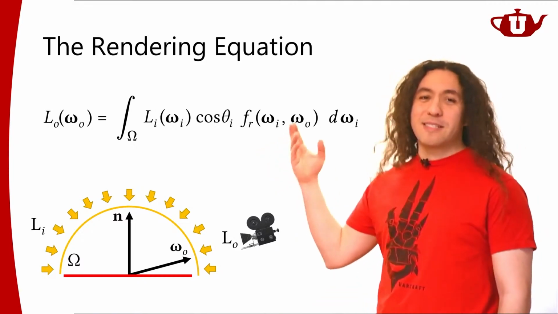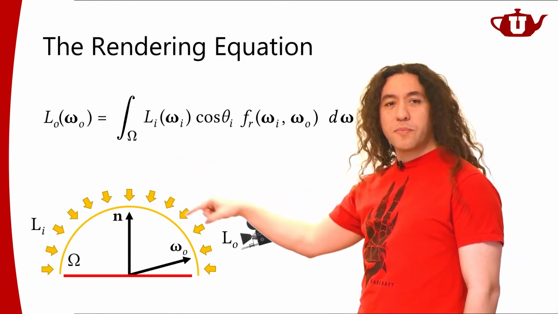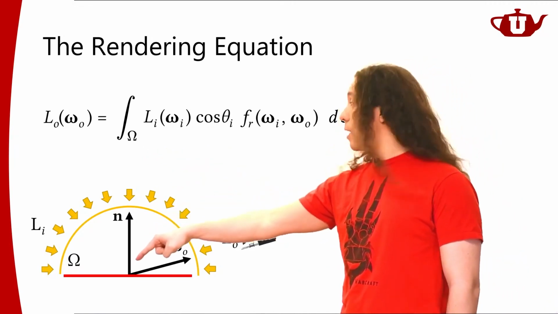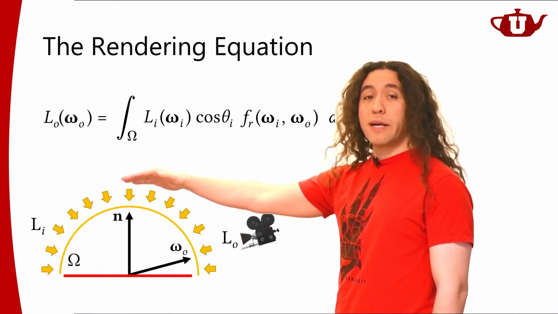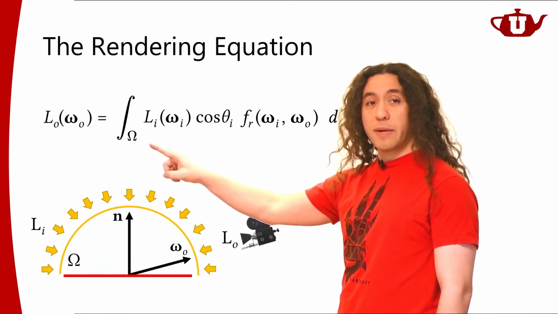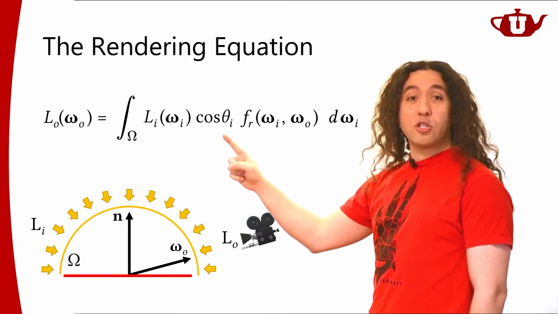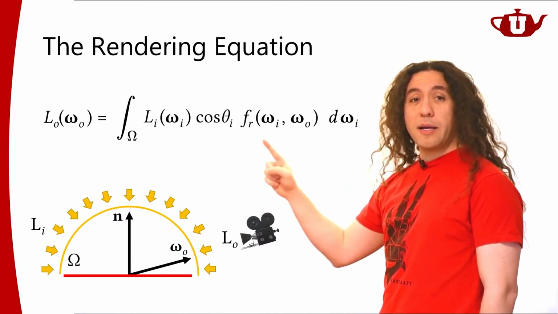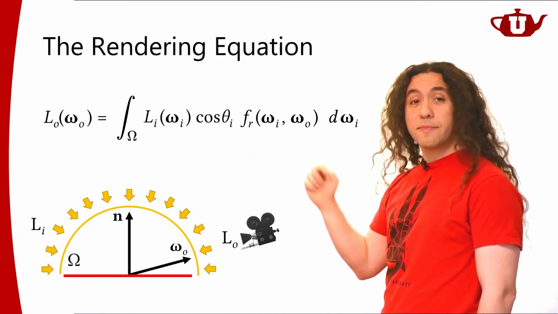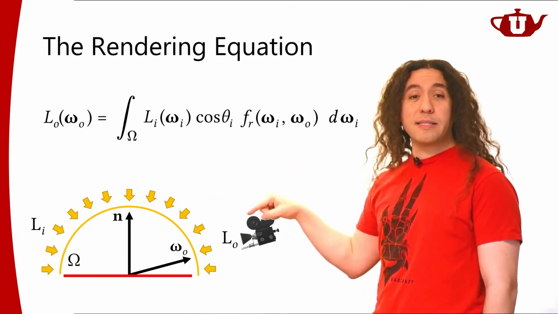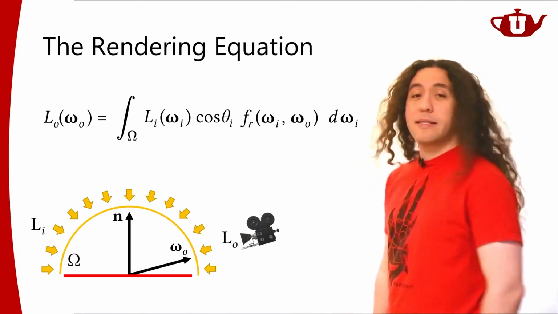But anyhow, this is basically an integral over all directions. So let's say we're shading this very point in the scene, and this is going to provide us an integral over all directions. Omega, all directions. So we're going to look at light coming from all directions multiplied by the geometry term multiplied by our BRDF, bidirectional reflectance distribution function. All right, so this is going to give us the reflected light towards our camera. Right? We've been looking at this equation a lot.